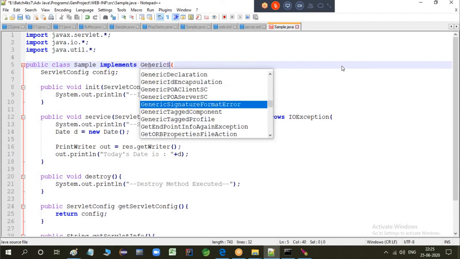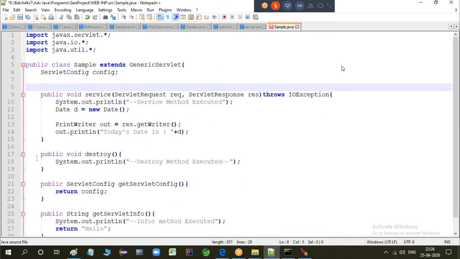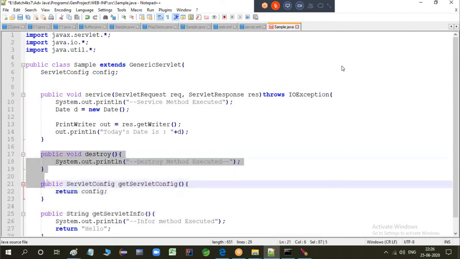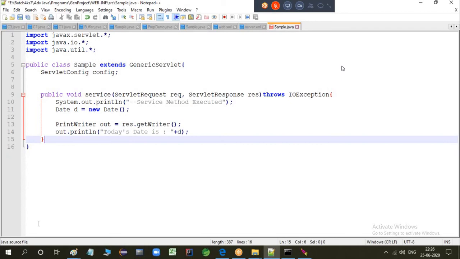Now I will go for GenericServlet. I'm not implementing, I have to extend GenericServlet. So can I remove this one? Can I remove destroy and servlet config?